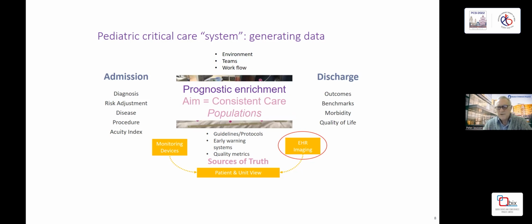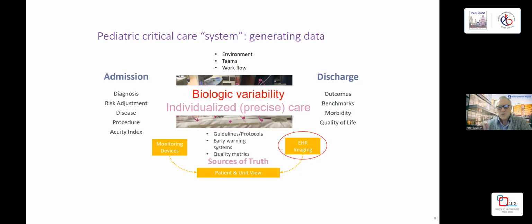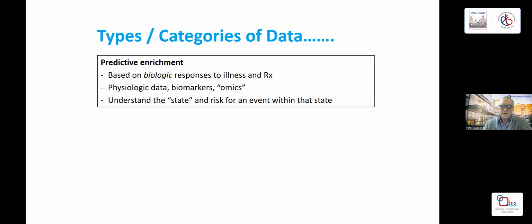However, I think that doesn't get to the heart of the problem that we manage in intensive care, and that is we manage biologic variability. We have to look at the individual. Individualized, precise care is what we should strive for. And to understand that biologic variability, we need to really move to our monitoring devices and the information that they are sending to us, and hopefully now we can capture. This type of data